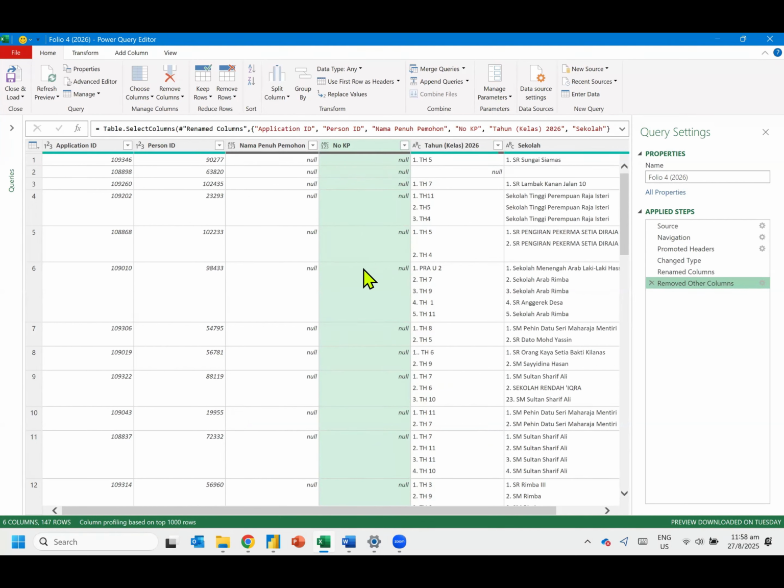No IC. Number. The education. Identification card of the parent. No identification card. Okay, after identification. Now let's say these are the columns you want, but the main thing that you cannot play with